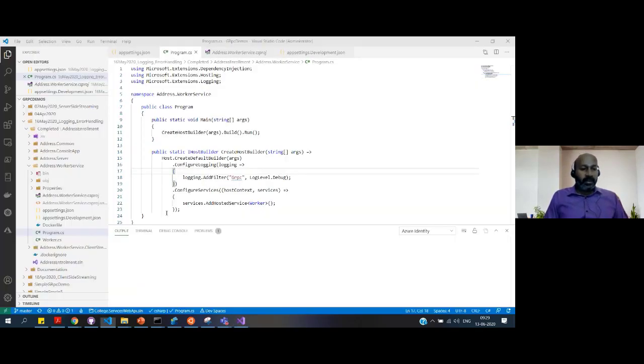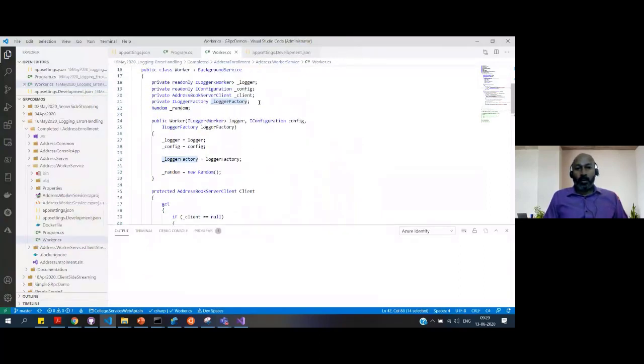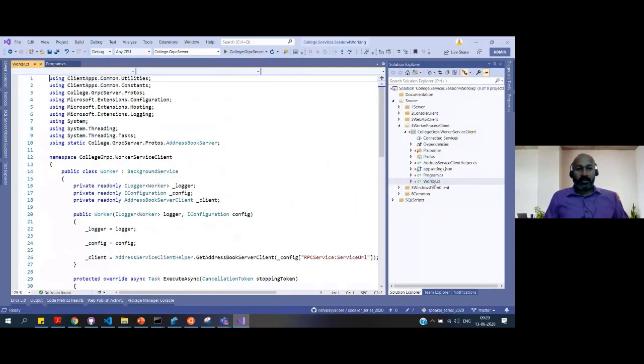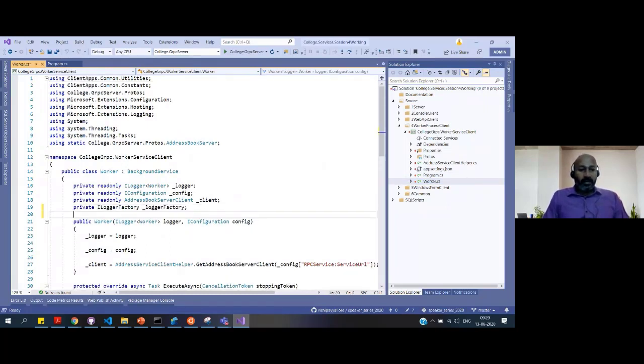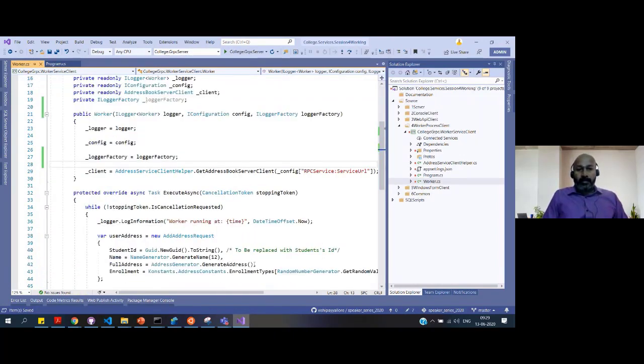Once we inject that inside our worker processing, all we have to do is directly go and grab the logger factory. So we'll come back to the worker processing and add this here and mention that we need the logger factory. And as we did with the previous dependencies, we say I want to grab this and add it here. So that's where we added this one,